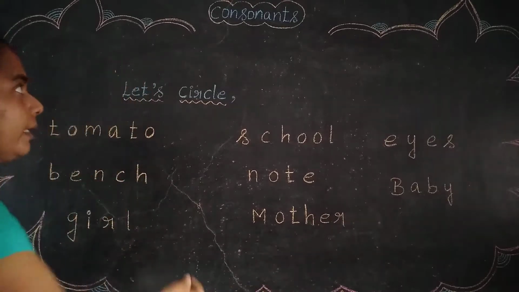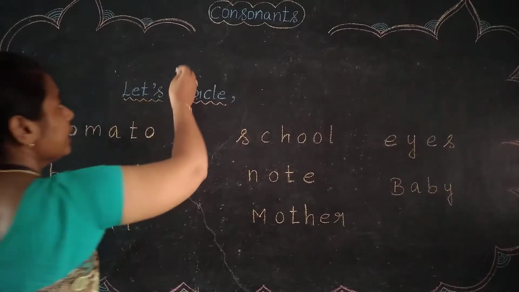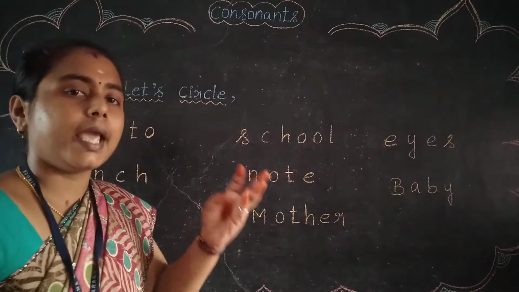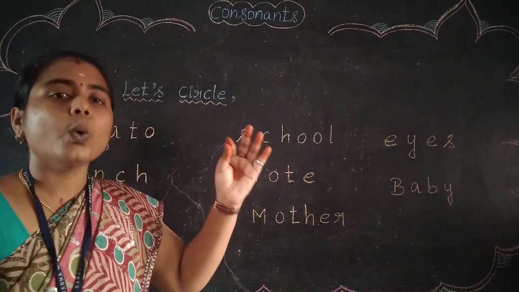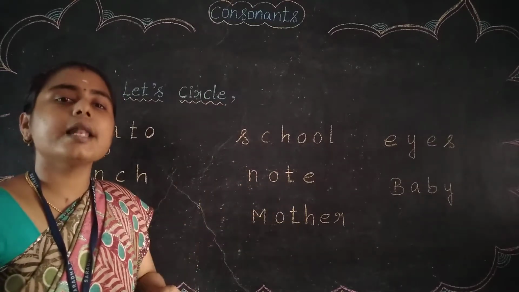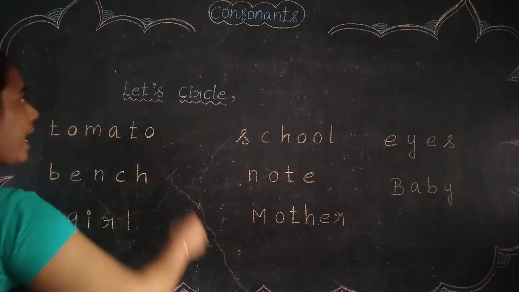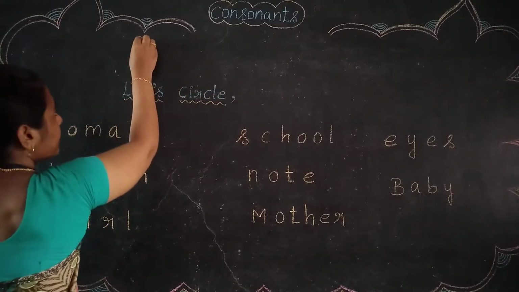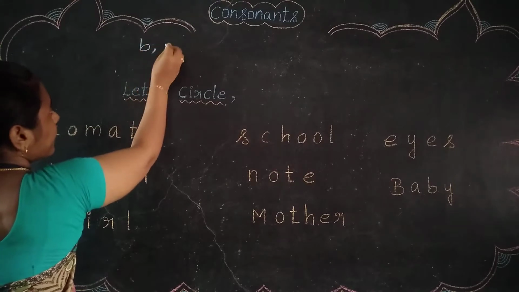Yes, let's write that. What are the consonants? You should leave the vowel letters. What are the vowels first? A, E, I, O, U. So the remaining letters in the alphabet are consonants. Let's write that. You should leave out the A. Now that is B, C,